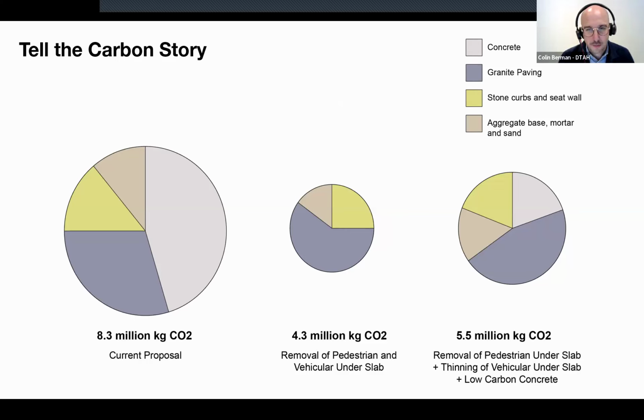Since clients often have different perspectives, it's important to present the carbon reduction story in a way that resonates with them. This is an important point, and I can't give you a one-size-fits-all answer. We at DTH have to think long and hard about each unique project and client to tailor the carbon narrative to them. Cost is also always a part of the conversation, but low carbon strategies don't always come with added costs, so it's important to communicate this too. Through experience, we're getting better at this, and you'll need to work on your projects or with your clients or consultants to find a way of telling the carbon story that works for you.